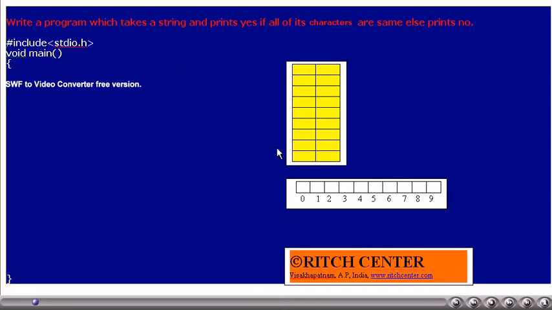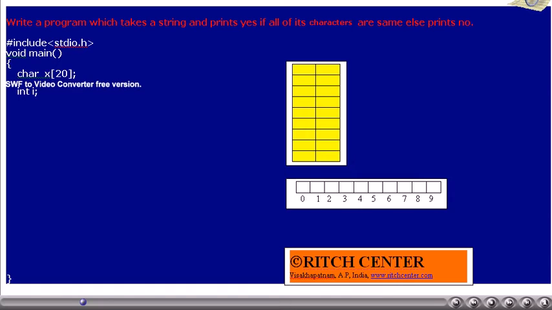As usual, stdio.h is included, main is defined. The string variable x is declared, and also the variables I and C are declared. C value is initialized to 0.